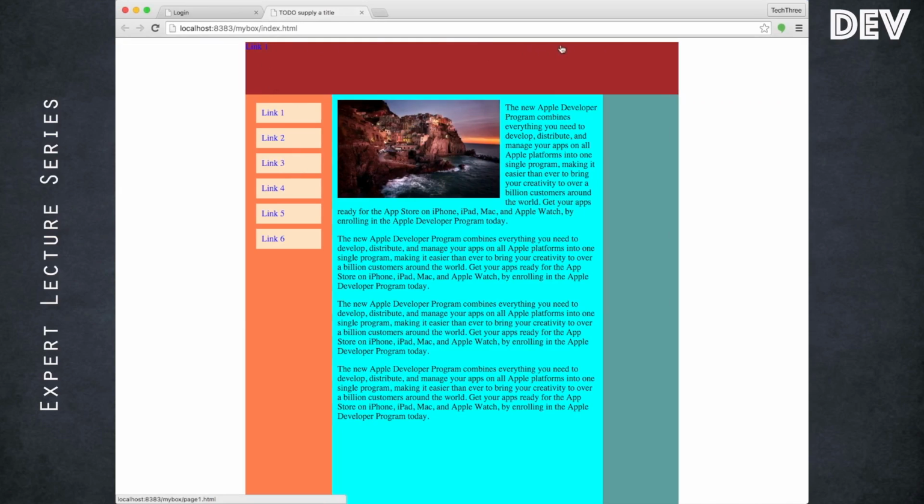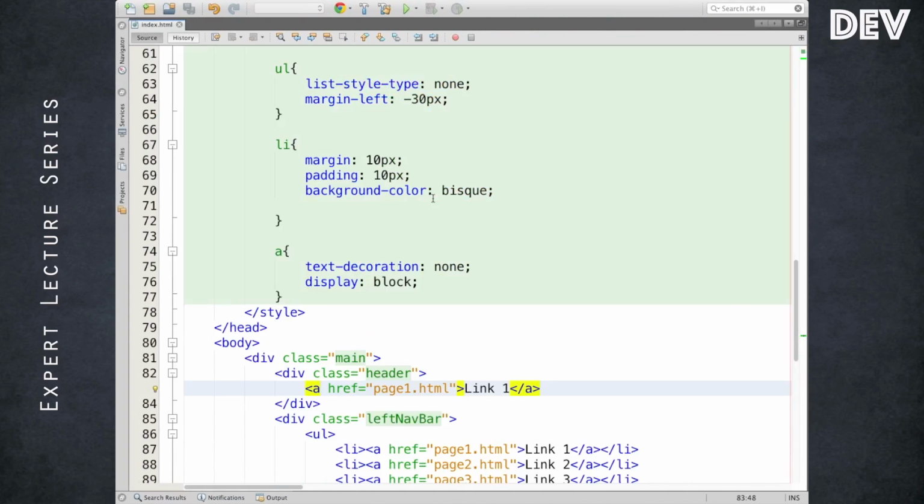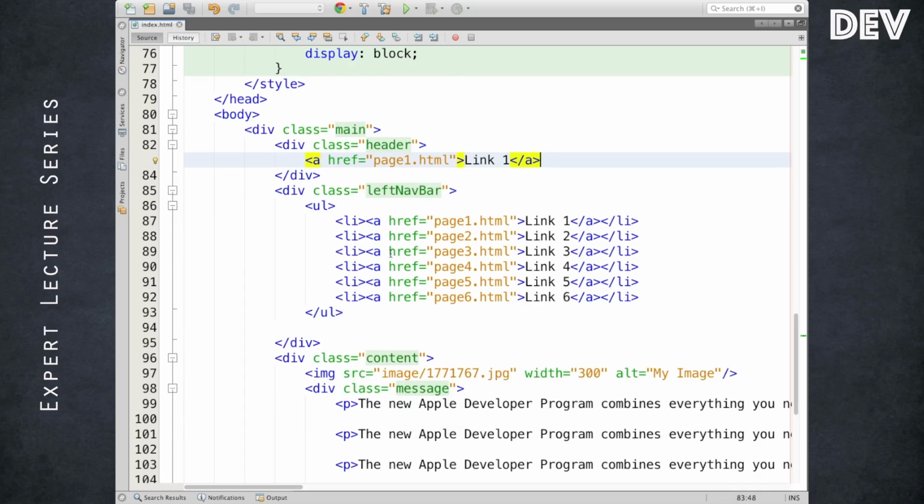Remember, if I have made it a block, it has occupied the entire row. If you notice, that entire link, I could detect it throughout the row, and it doesn't have an underline. We can very clearly notice that because we have already set text decoration to none, so it doesn't put an underline. So it is the same behavior as if it is inside the list item.